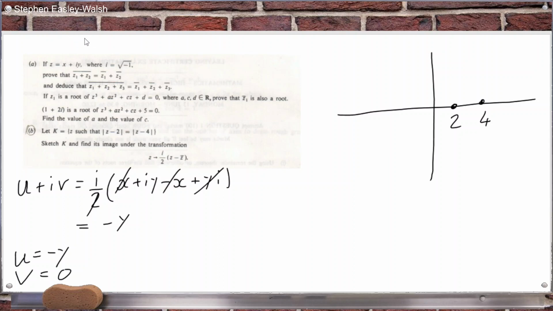So I think it's just this vertical line here, that's k, and it's the line here at 3. I think it's just a line, although yeah, I think so. So the transformation of it would be